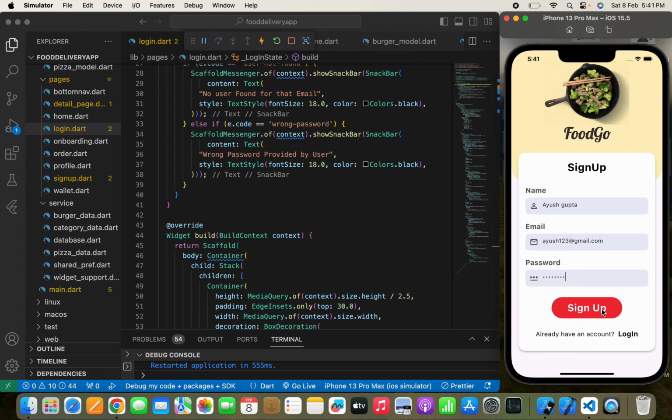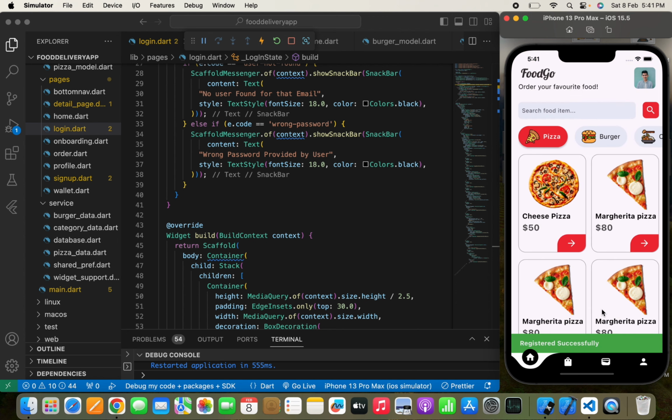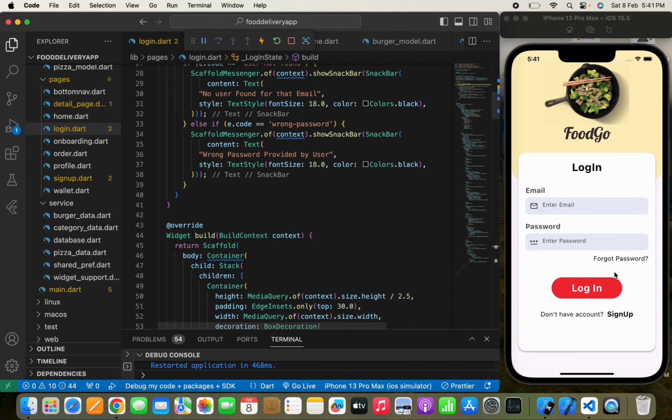Yeah, so let me remind you of the email and the password that I've used. So I can click this sign up, and we have successfully registered. Now let's hot restart the app again, and here we move to the login page. Now I'll use the same that we have done. So I'll write